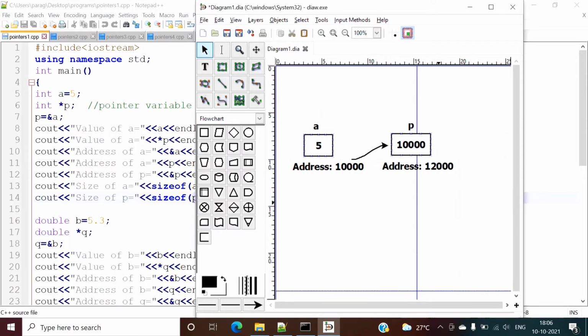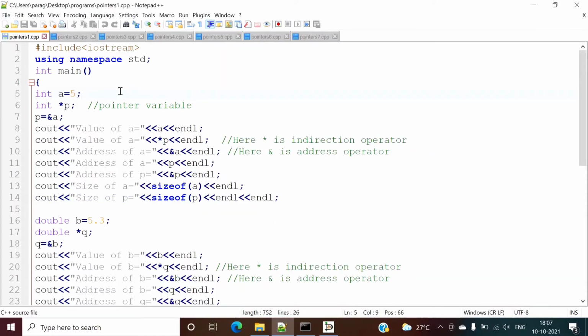In this video, we will see one important concept in C and C++ language, and that is pointers. Pointers is considered a very complex concept in C and C++ language. But in this video, we will see one simplest way to learn pointers. Here, I have written one simple program, and from this program, all concepts related to pointers will get clear.